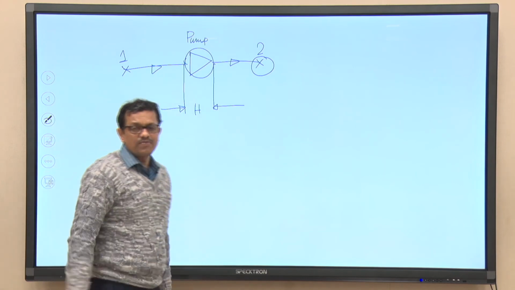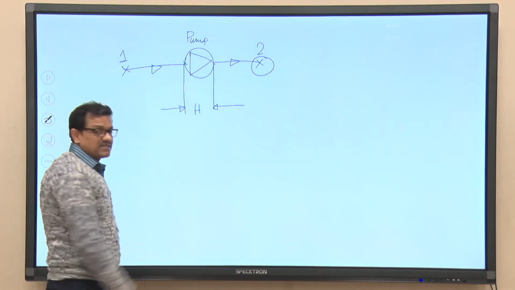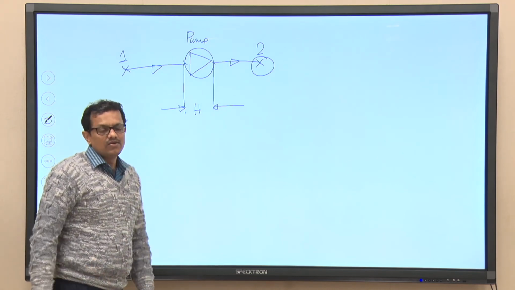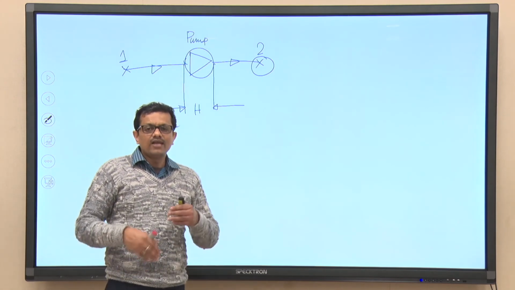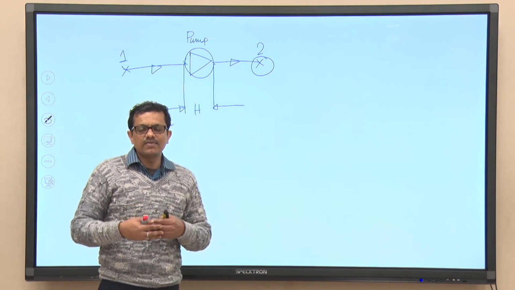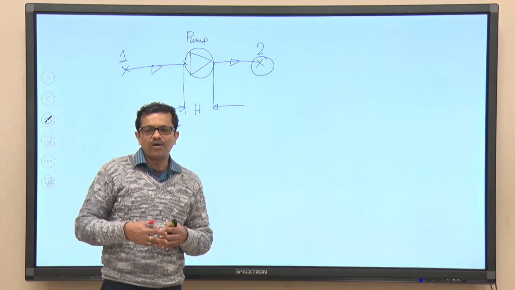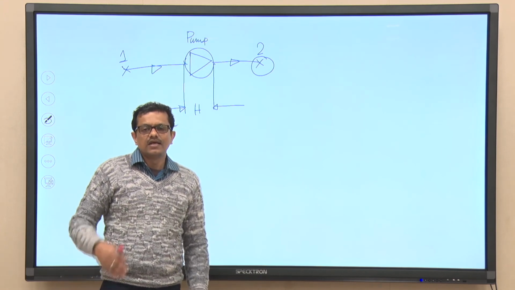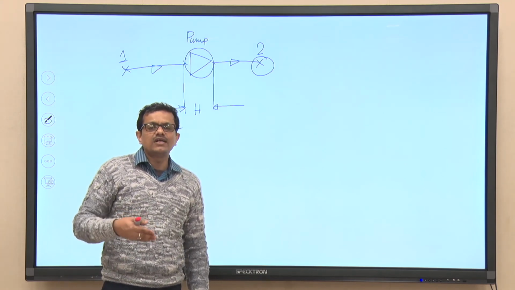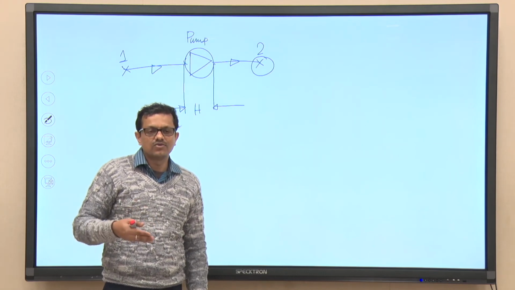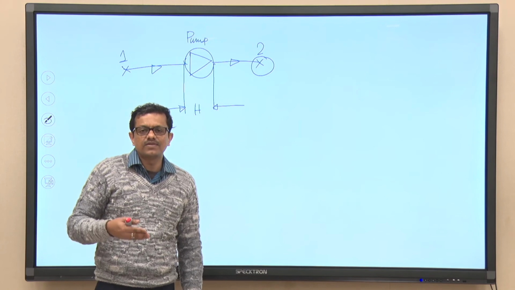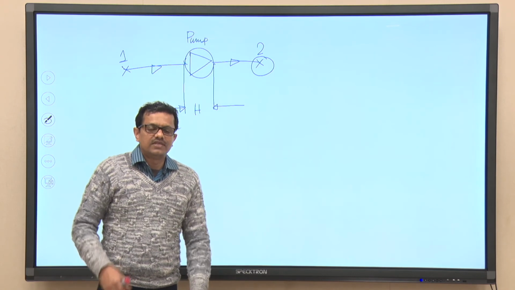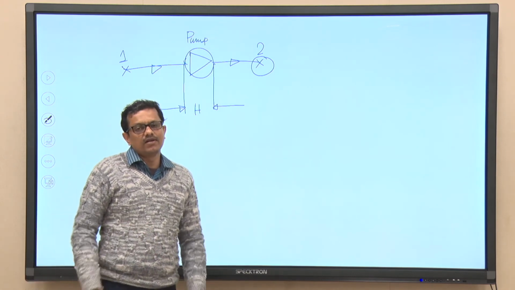So, let us quickly establish one expression from where we will come to know that the net head developed by the pump can be written again in one form. While we are trying to establish the net head being developed by the pump in different forms, our objective is to see how we can tune the quantity, whether by the geometric parameters of the pump or the geometric parameters of the system. By tuning these, we can tune the net head being developed by the pump.